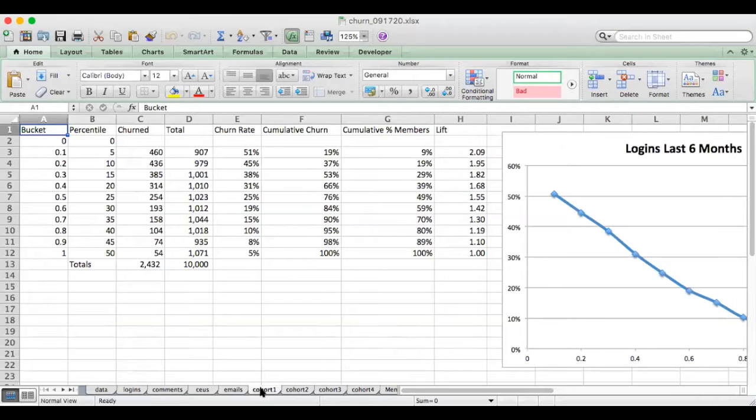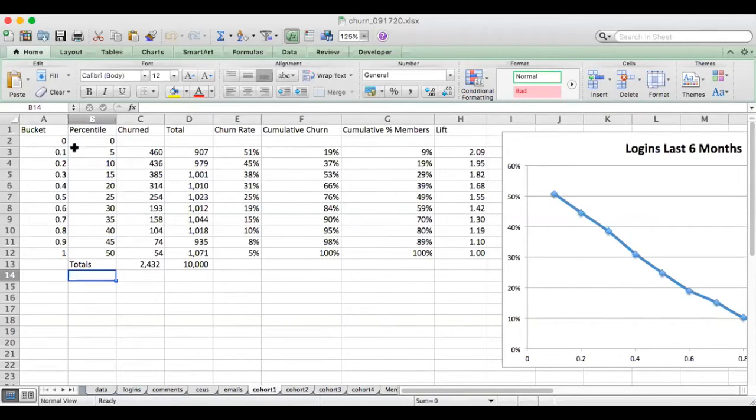What we're going to do here is calculate our segments and assign people to cohorts based off of where they are. So what I've got here on this cohort 1 tab is our logins metric. What I've done is I've created a